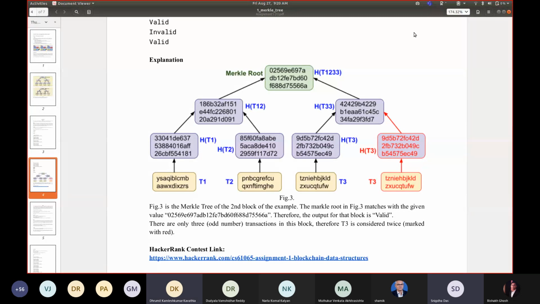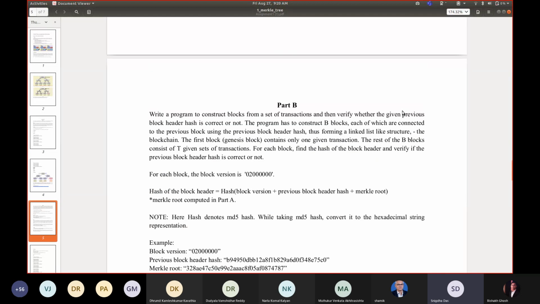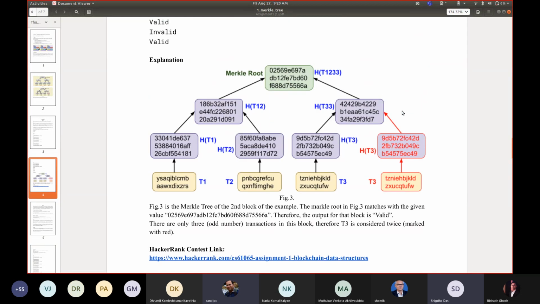Is it clear? Yes. So for example, assume that at the leaf level you have 6 nodes. Then at the level above the leaf you will get 3.